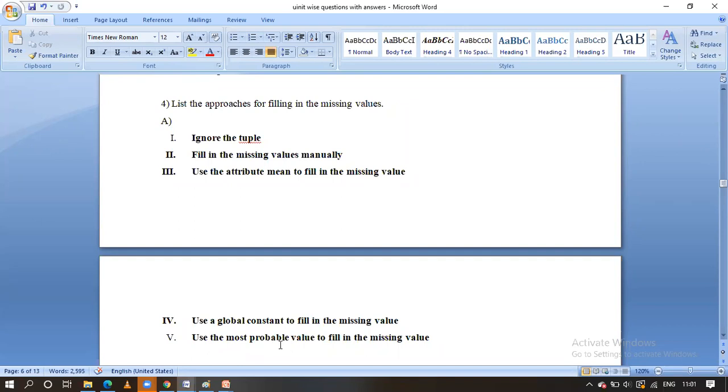All these come under the classification, guys. By using those models I'm going to fill the appropriate value, probable value in place of the missing values. What are the methods we can use here: regression, decision tree, and Naive Bayes classification method. By using this one I'm going to fill the missing value, guys. So these are all the different approaches for filling the missing values. This comes under the cleaning, guys.